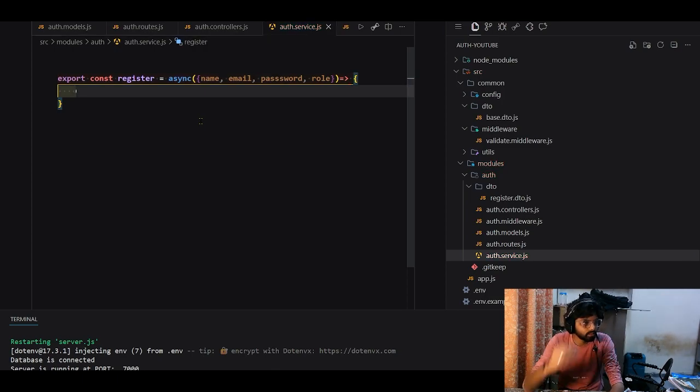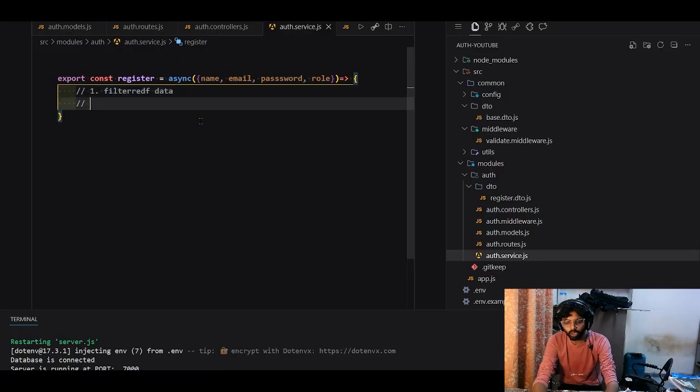Firstly, whatever the data here will be, that will be filtered. So the filtered data should be here, so we don't have to worry about it. Now what I want is